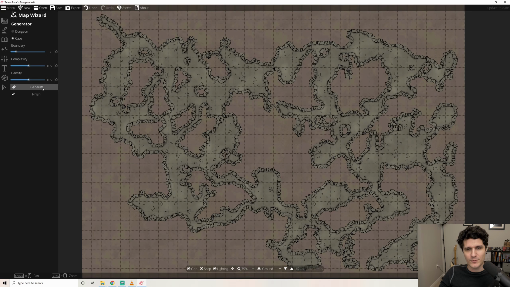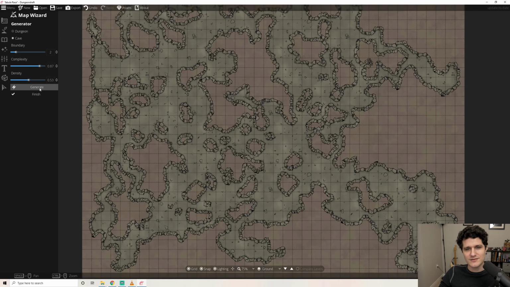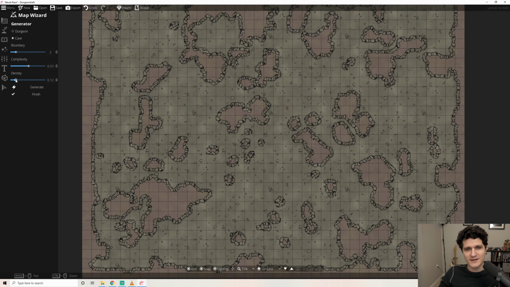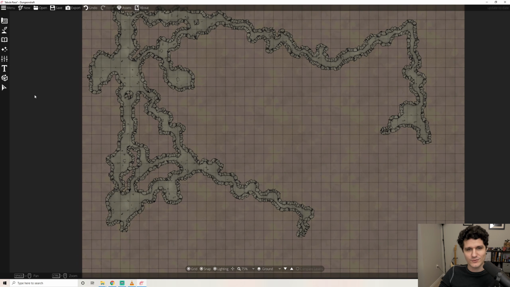Keep in mind that for both the dungeon and caves, if you find one that's close but needs a little change here or there, you can easily make those changes once you're done with the Map Wizard. We'll go over how to create new layouts and change existing ones in the next video. When you're all set, hit Finish and it will bring you to the main map editor. If you don't want to use the Map Wizard and want to skip right ahead to making your stuff by hand, this is where you would start.